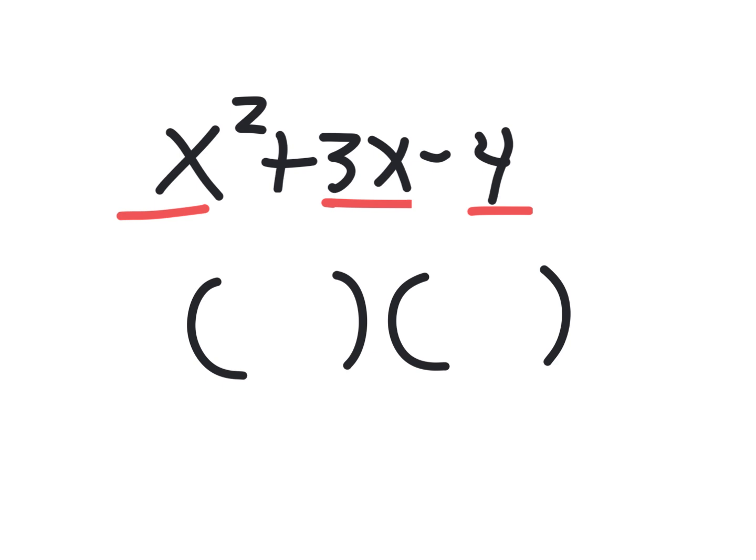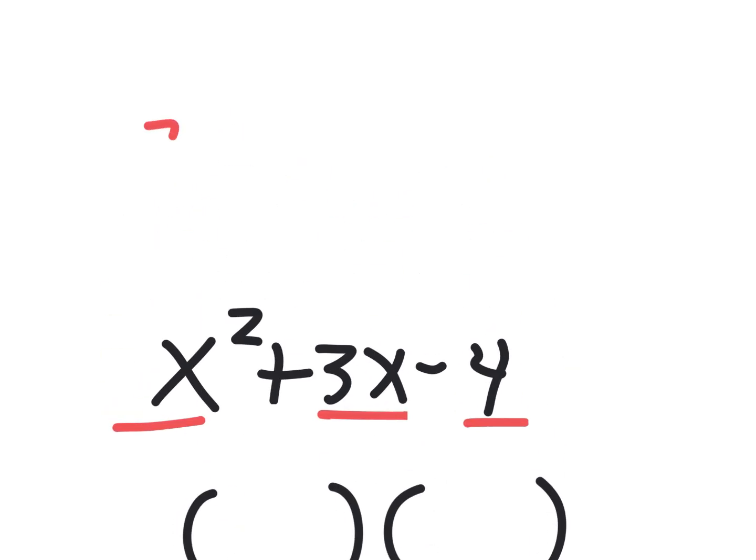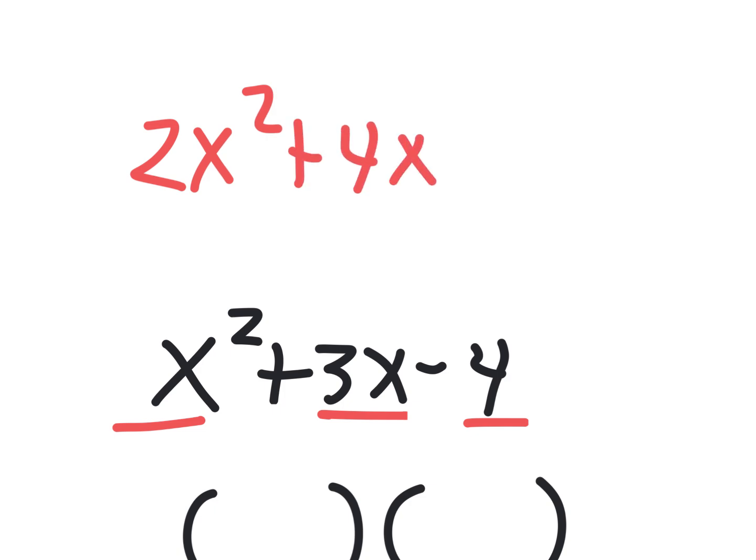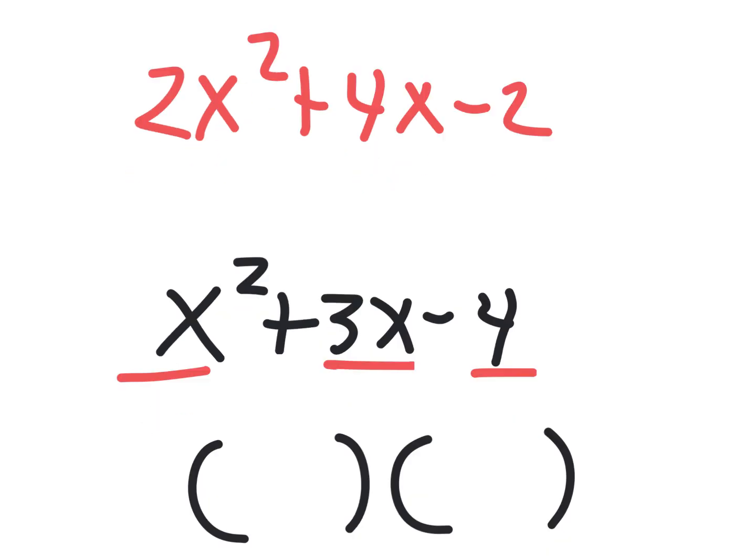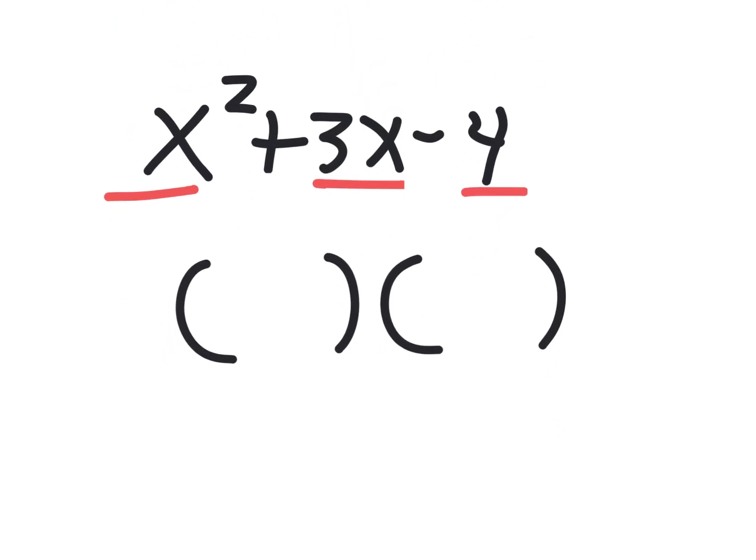It's called the GCF. Like if I gave you another one that started with 2x squared plus 4x minus 2, you'd go, ooh, they're all even. I can factor a 2 out, and that would be critical. But back to this one. Now that I know that there's nothing I can factor out to the front, then I can go x, and